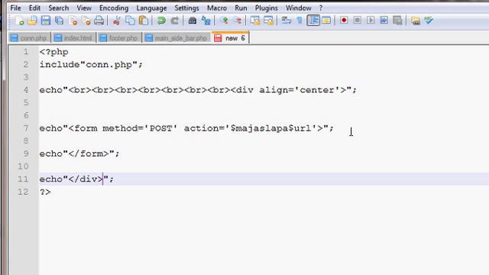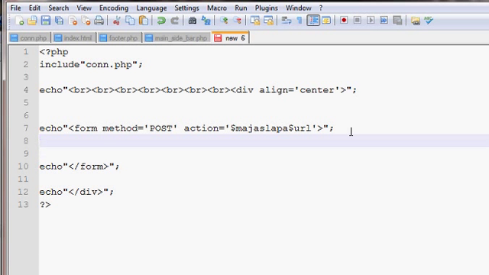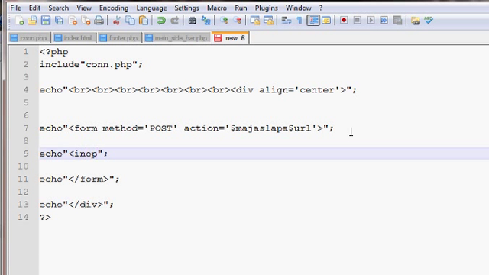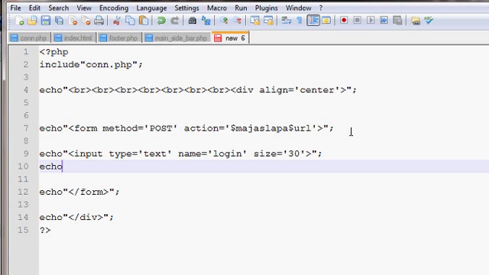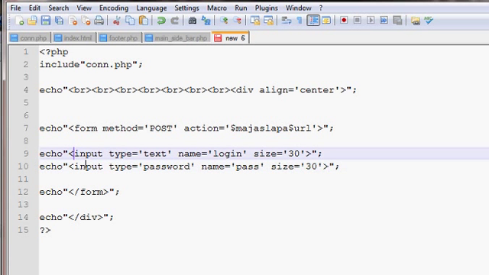Also a div tag should end, and we will have input fields like input type equals text, name equals login, size equals 30. So this will be a text field where you input the login name, and let's echo out input type equals password. Name equals pass and size equals 30. And just right in front login